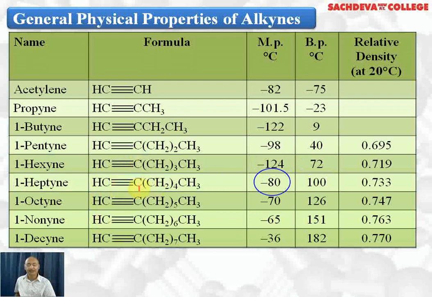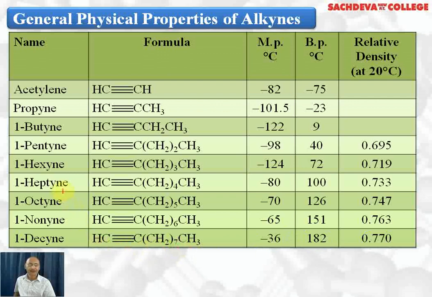1-Heptyne has a melting point of minus 80 degrees centigrade and a boiling point of 100 degrees centigrade. 1-Octyne has a melting point of minus 70 degrees centigrade, a boiling point of 120 degrees centigrade, and a density of 0.747. 1-Nonyne, that is, 9 carbon atoms present, has a melting point of minus 65 degrees centigrade and a boiling point of 151 degrees centigrade. 1-Decyne has a melting point of minus 36 degrees centigrade and a boiling point of 182 degrees centigrade, and the density is 0.770